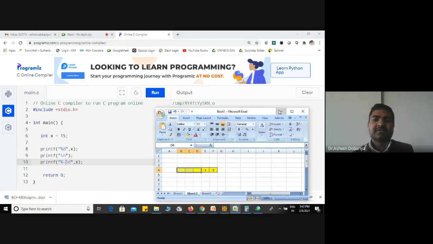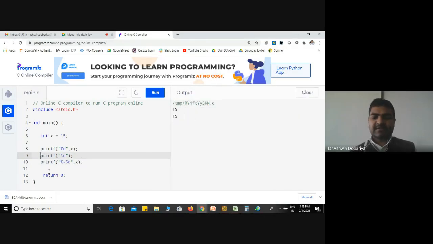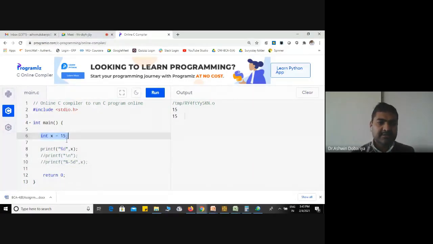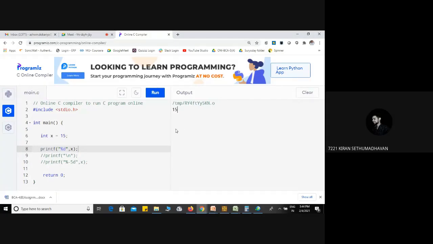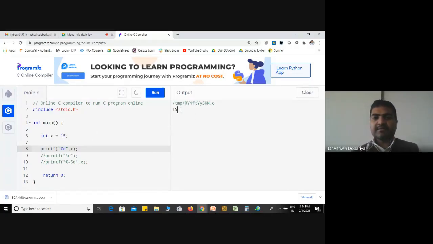Okay, just tell me. Now I am making a comment of all statements. Just observe the things. Integer x and the printf x. Now see, if I execute this, where is the cursor blinking? Behind 5, immediately after 5, right? This means whatever width of the data, it displays as it is, because here we have not made any formatting. Is it clear? Yes, sir.